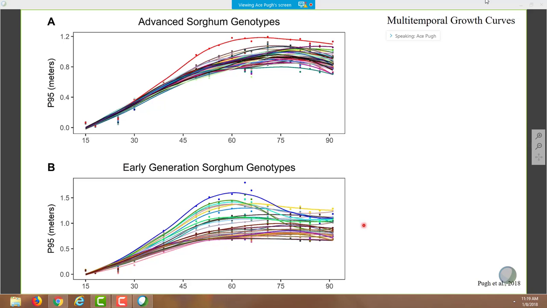And this is all the genotypes in those tests. You can see different points, especially towards the end, and especially in the early generation tests, where maybe you had crossovers between the materials like I showed you earlier. If you look where my pointer is, you can see how this dark green variety basically fell behind the others. I'm not really sure. That could be because of lodging or any number of things. But it is interesting that you see this decrease in a lot of these genotypes towards the end